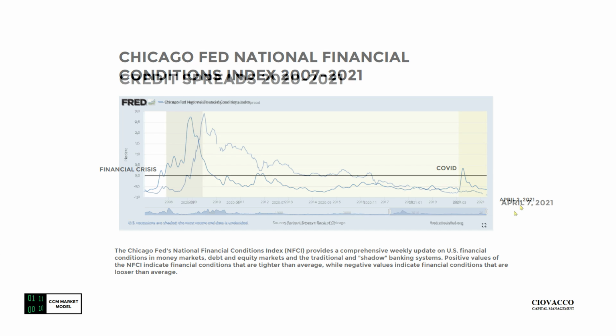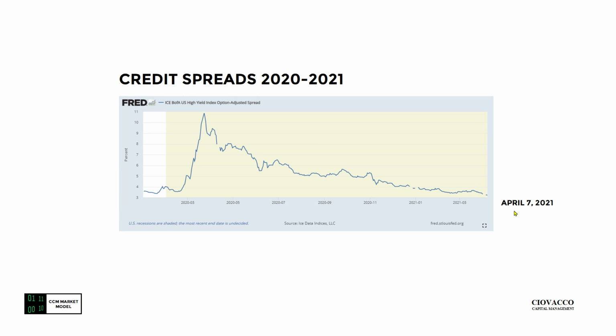How about credit spreads? Are we seeing signs of increasing fear about rising defaults? The answer is not yet. Here's our look here, data point as of April 7th. This is what increasing fear looks like during the COVID plunge in the stock market. Good to keep in mind. You can also make an argument that this is a form of complacency here.